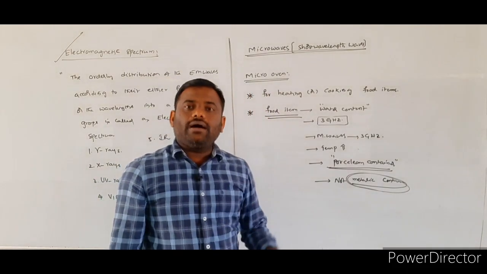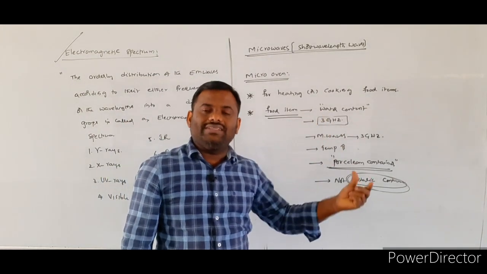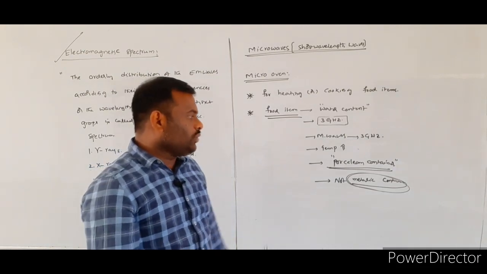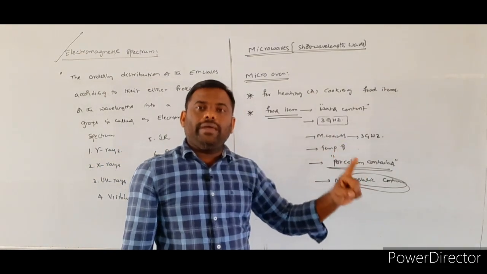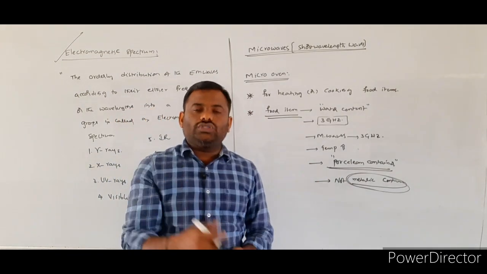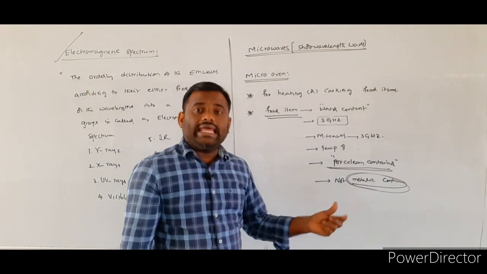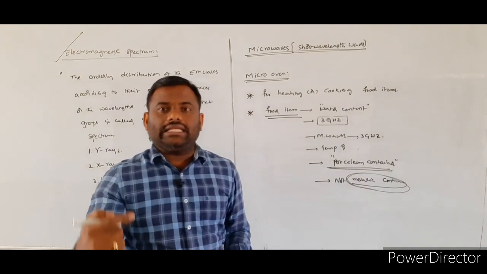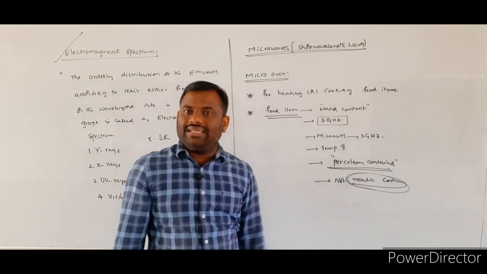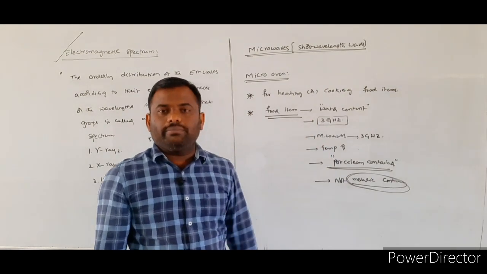Inside the microwave, because of its high frequency, high energy will be passing through the food items. Whenever the high energy passes through the metallic container, it may also melt. Sometimes while we are taking it out, we may even get an electrical shock. So we do not use metallic bowls or metallic containers inside the microwave. So this is the working of the microwave.